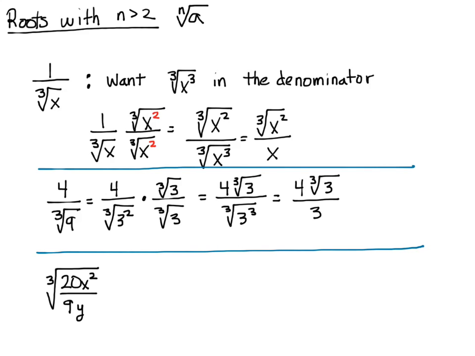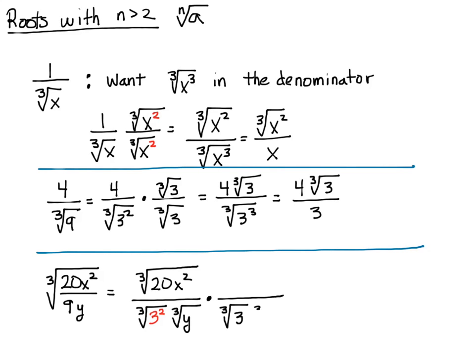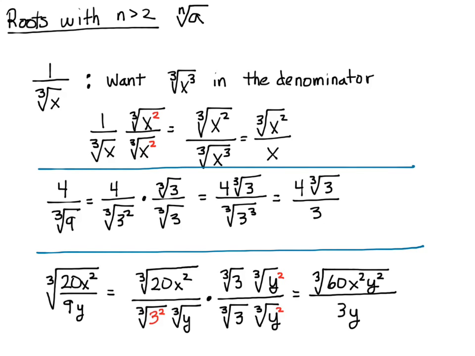Okay, and another example, a little bit more complicated, and I apologize for my small writing here. It's kind of hard sometimes to know what would be visible and not. So we have the cube root of 20x squared over 9y. Here we follow the normal process in simplifying. First thing we do is split the radical, and then we, actually that went a little too fast, but anyway,